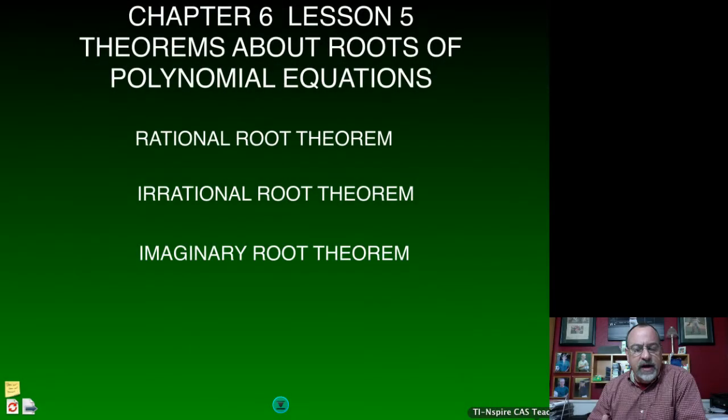Chapter 6, Lesson 5 of Advanced Algebra, we're going to look at some more theorems about polynomial equations. And we do want to talk about one thing that we will be doing once we talk about these theorems. We talked about in the last lesson where we can use the rational zeros theorem to determine the list of possible rational zeros. And then we can use the remainder theorem to determine which ones out of that list are